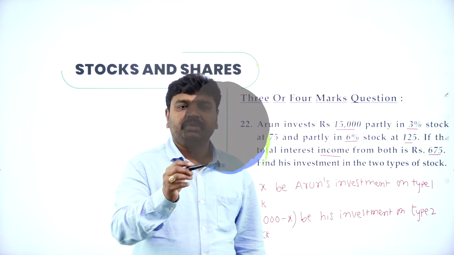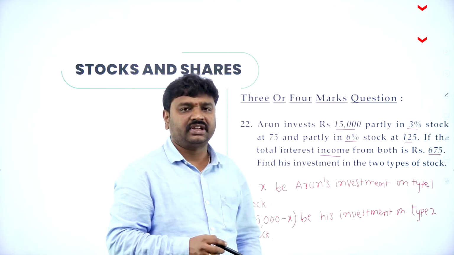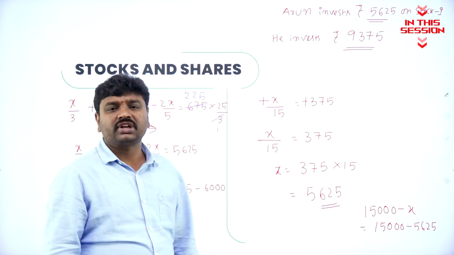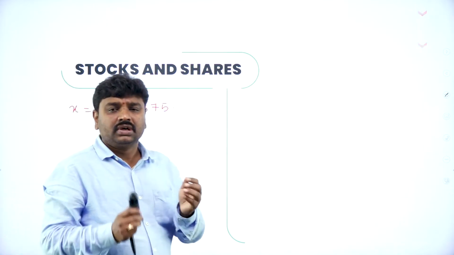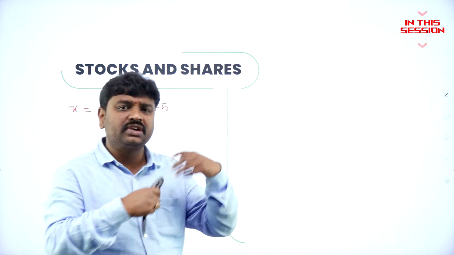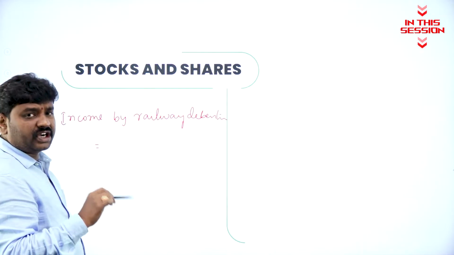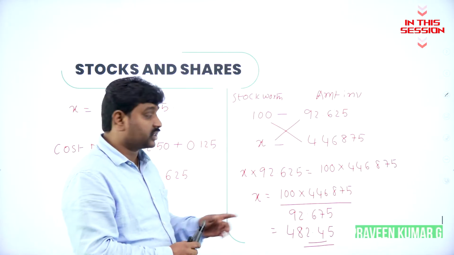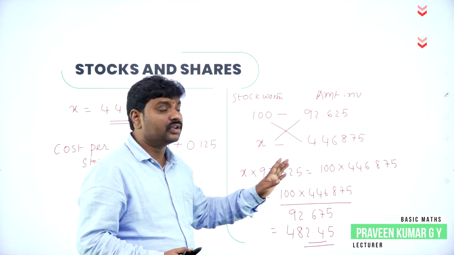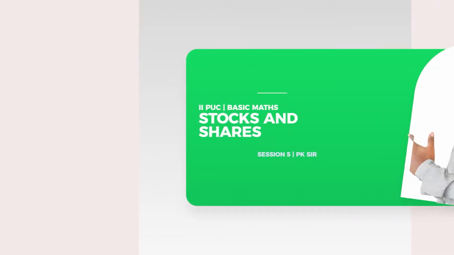So means total income on first stock plus income on second stock, if you add, it should be equal to 670. This is a standard question which you can expect for 3 months. This is his investment to purchase the stock now. Now whatever he gets the amount, he'll proceed with other stock. What is the income formula? Dividend divided by market value into amount invested. This is the stock worth he got. He paid 446 rupees, but you can see the market value is less than 100 rupees.